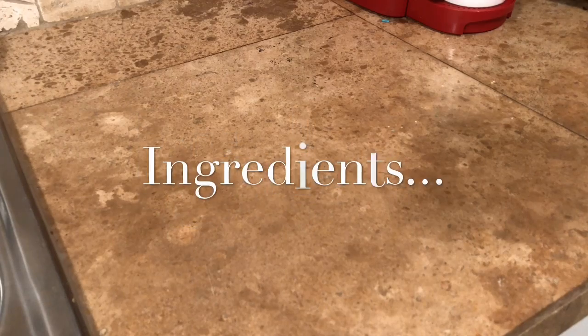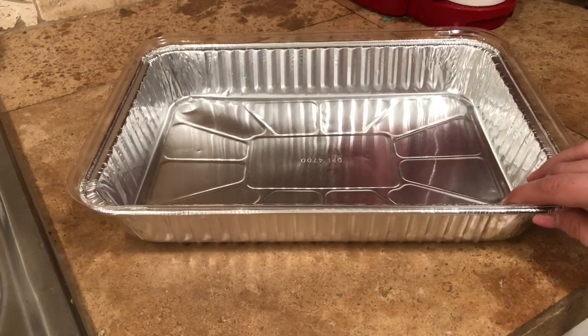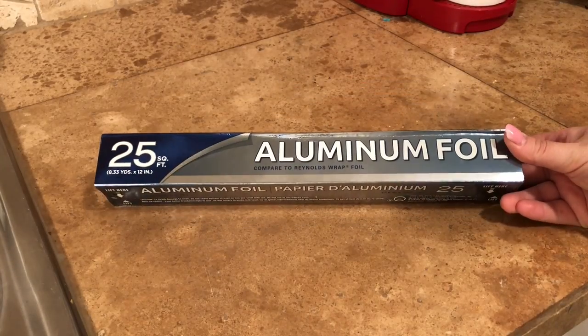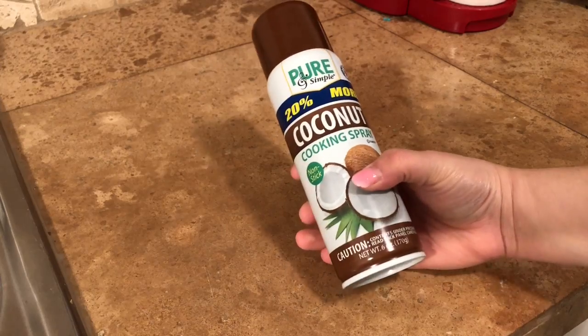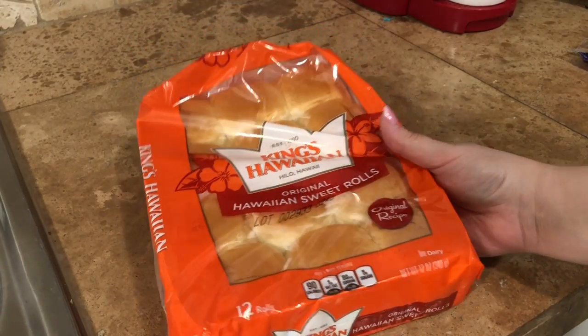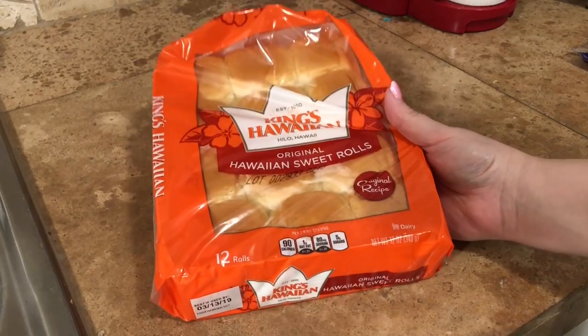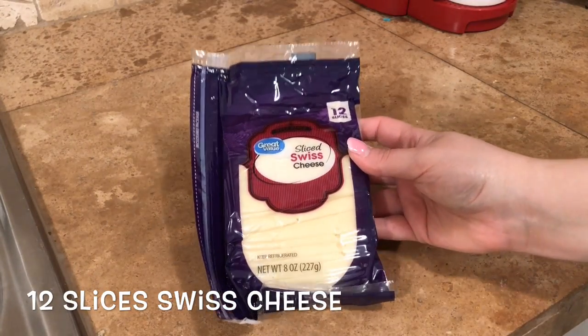So first, let's talk about the things that you're gonna need. You're gonna need a 9x13 baking pan. I'm actually gonna be using this aluminum pan here. You're also going to need aluminum foil. You're going to need a cooking spray. Any kind will do, whatever cooking spray you like. Package of the Hawaiian rolls. I like the King's Hawaiian, and this is a 12 count. You'll need 12 slices of Swiss cheese,